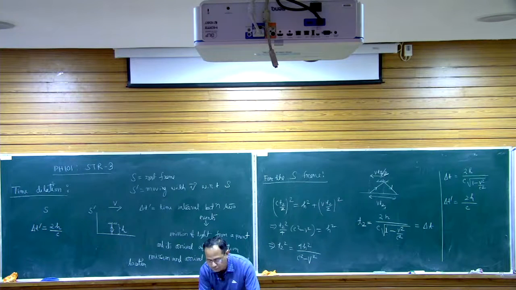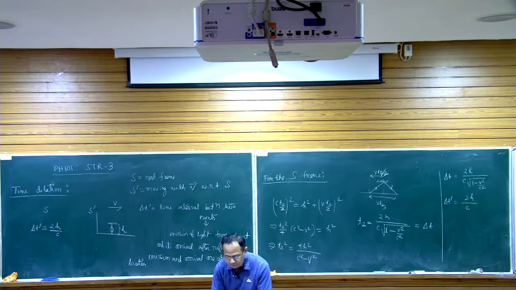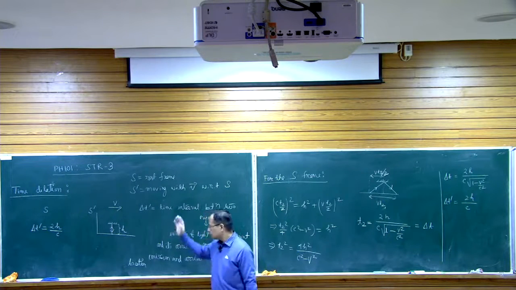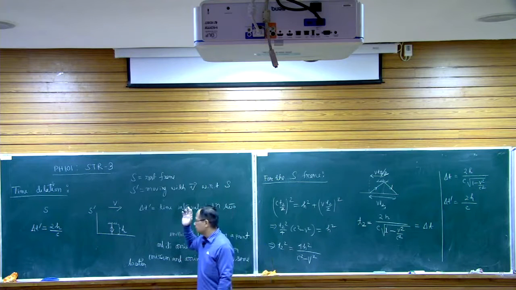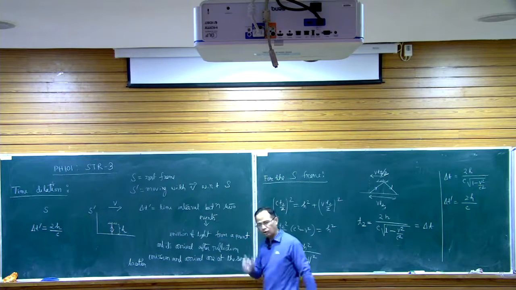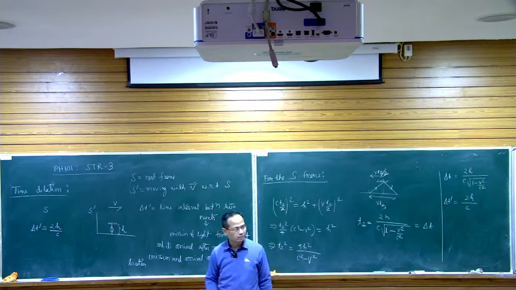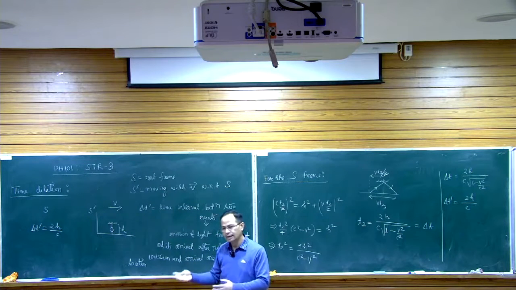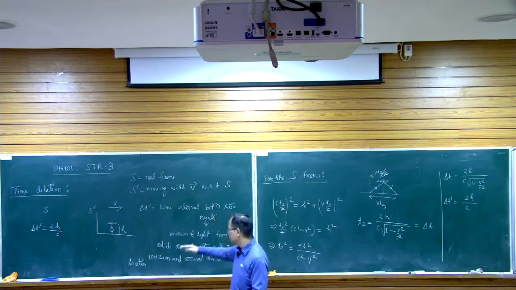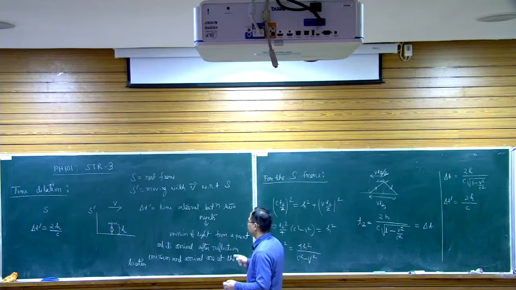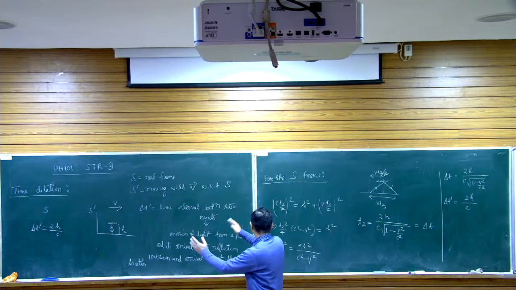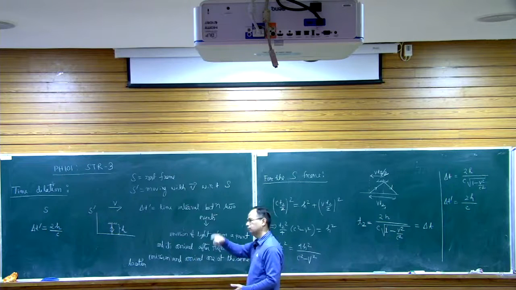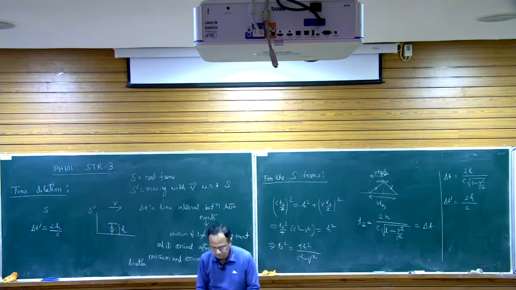It would be a little more helpful if the camera could be a bit closer. See what I'm trying to do. There are two boards. If there are two boards, then I can derive it here also, here also. The problem with the whiteboard in my office is that if I have to make a long derivation, then I have to wipe it out, write again, wipe it out again. So here, the only advantage I can take is that I can make use of both. But in that case, both should be in the field of view.